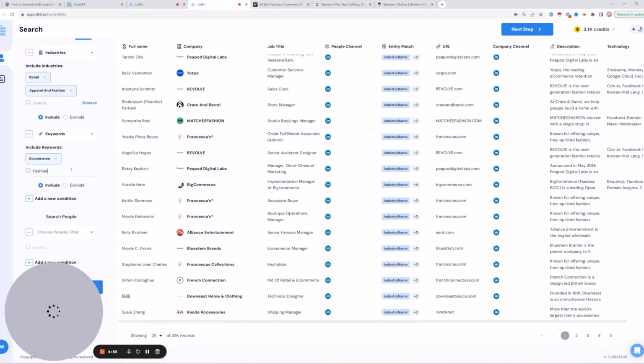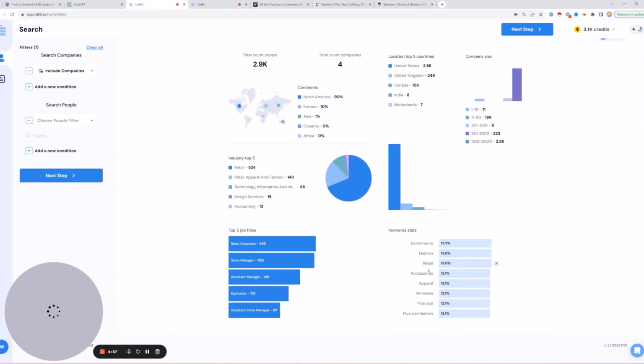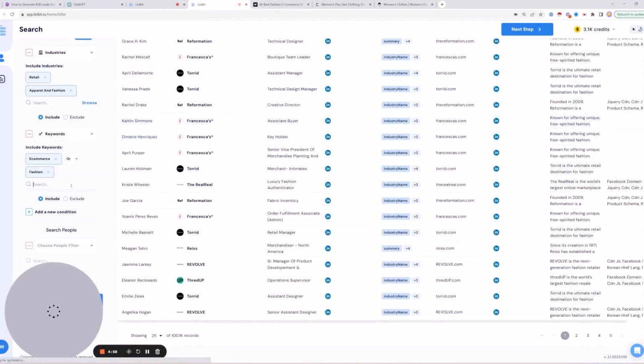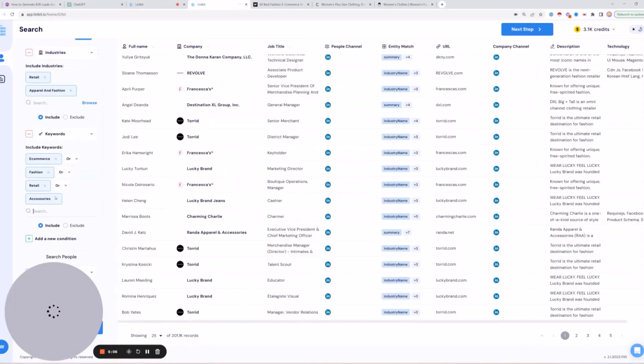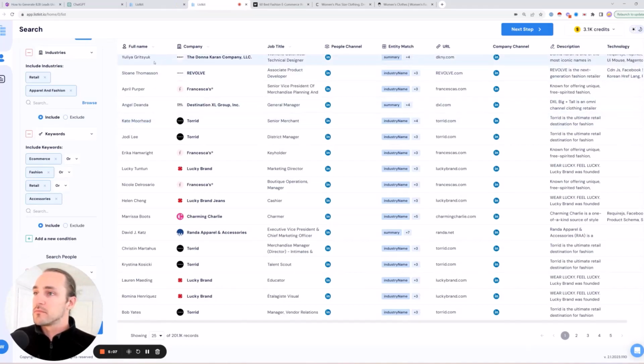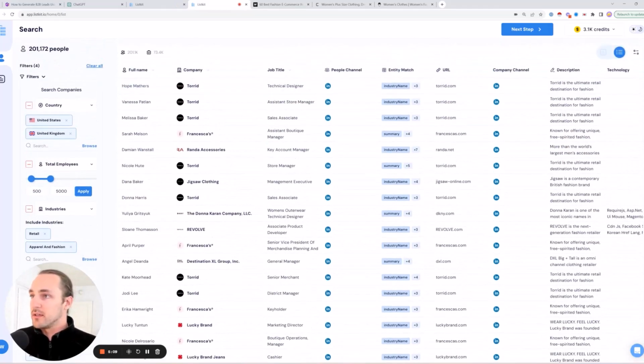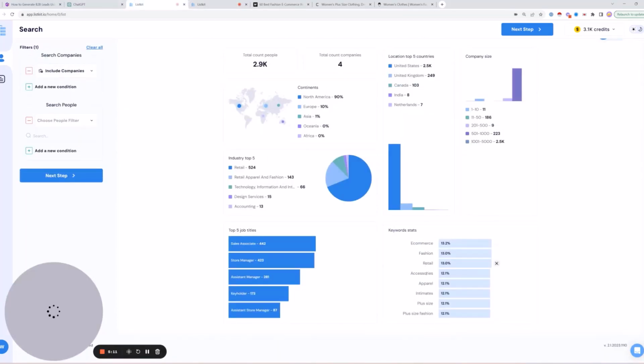Fashion, retail, accessories. All right, so we're quickly paring this down further and further. So we're seeing apparel, intimates,